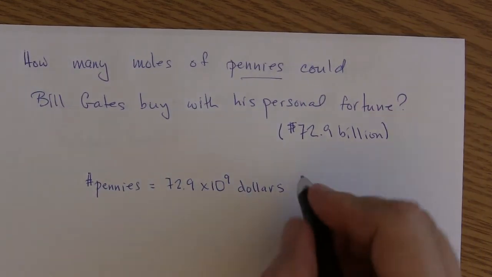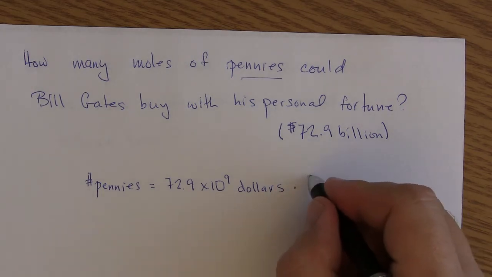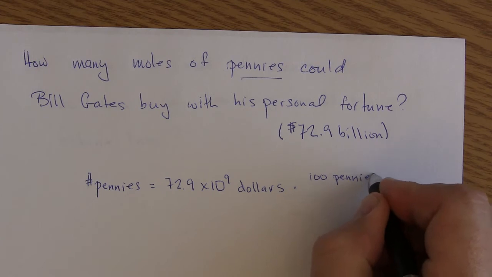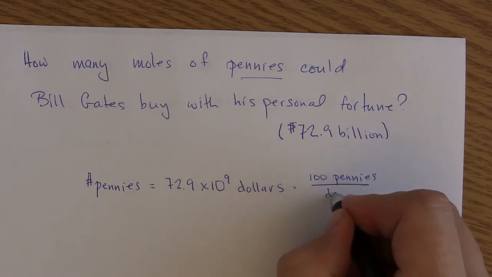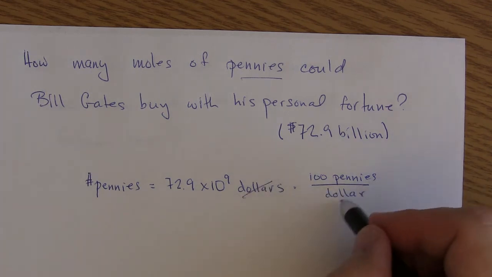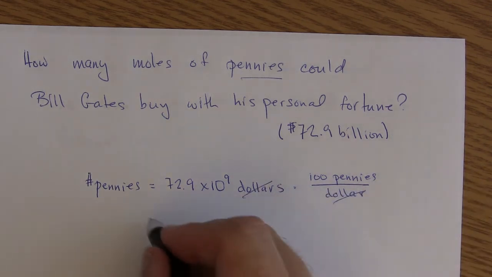Billion is 10 to the 9th. And we have 100 pennies per dollar. Well, our dollars cancel with our dollars, and we get